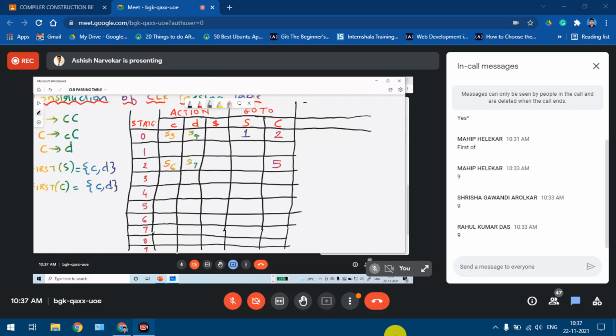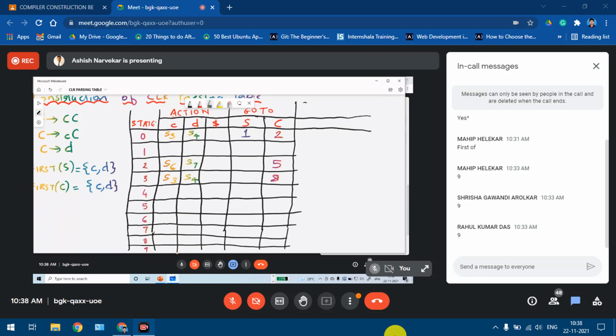Next is state 3, our current state now. From state 3, on a capital C, we go to state 8, so we write an 8 here. On small c it goes to 3 itself, so it will be shift 3. And on small d it goes to state 4, so it will be shift 4. Now we'll skip state 4, because state 4 has a final item. Let's keep it on hold for some time.